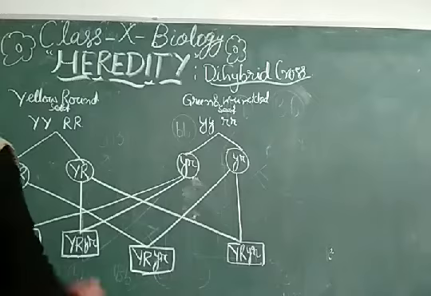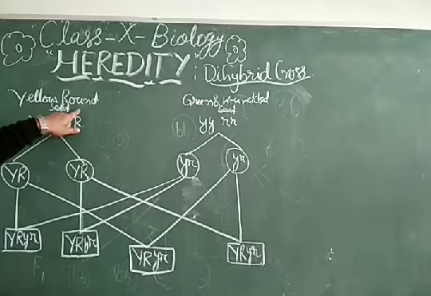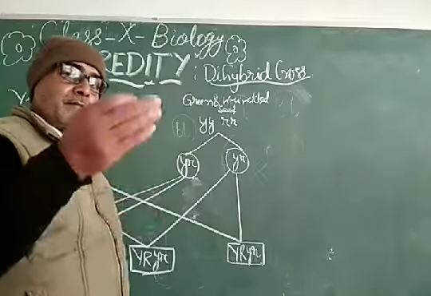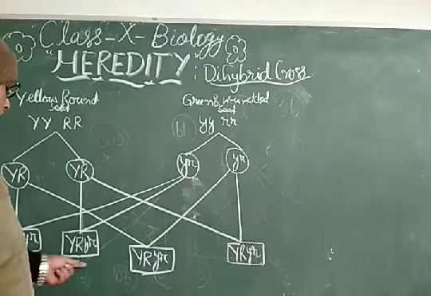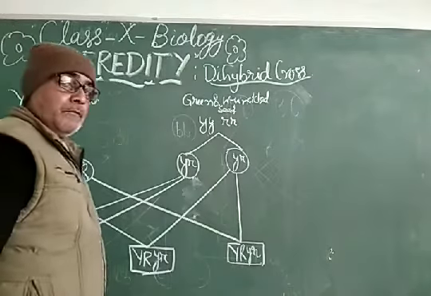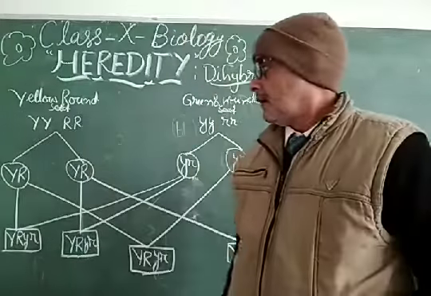So dear students, in the F1 generation, all are yellow and round. The characters of yellow and round dominate, which are the good characters; every species tries to keep the good character so that it can survive for a long time. That is why the yellow and round seed is dominant, and all the seeds will be yellow and round in the F1 generation of all the plants.